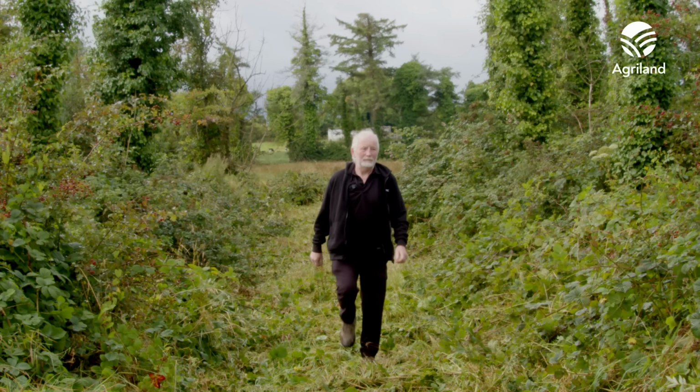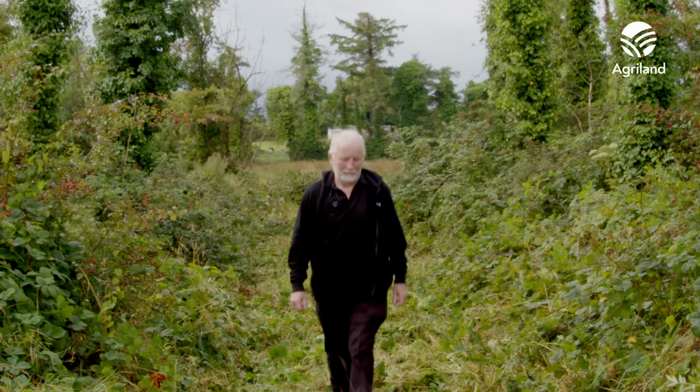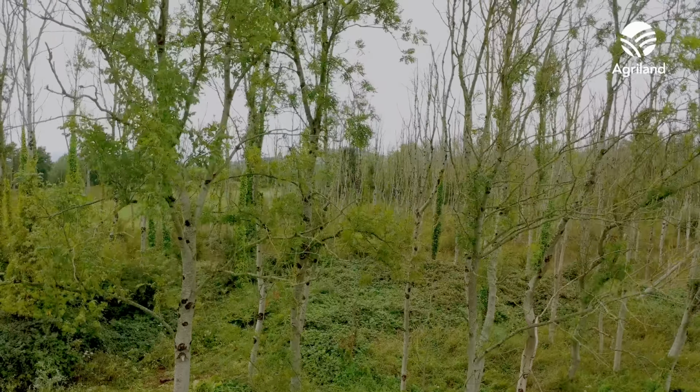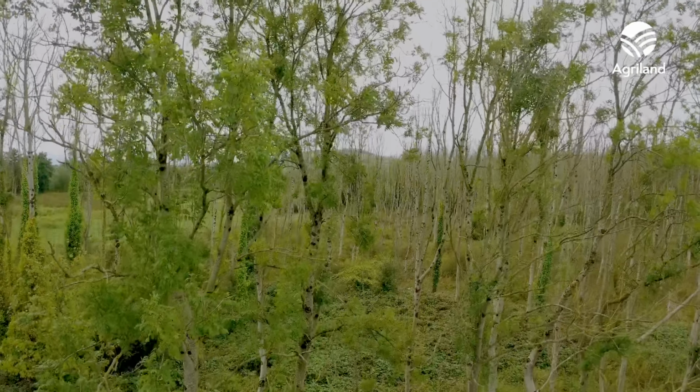We're in Caherconlish. This is my site. There's up to 20 acres on the site, and it's 100% ash, planted in 1990. Approximately 20,000 ash plants, which I had to nurture for the first 4 to 5 years due to late spring